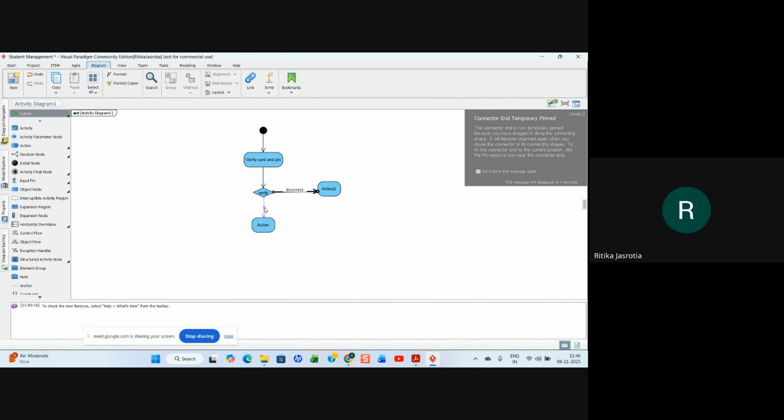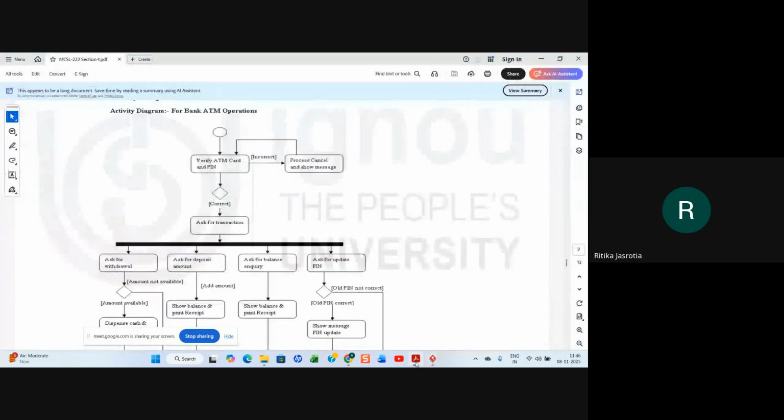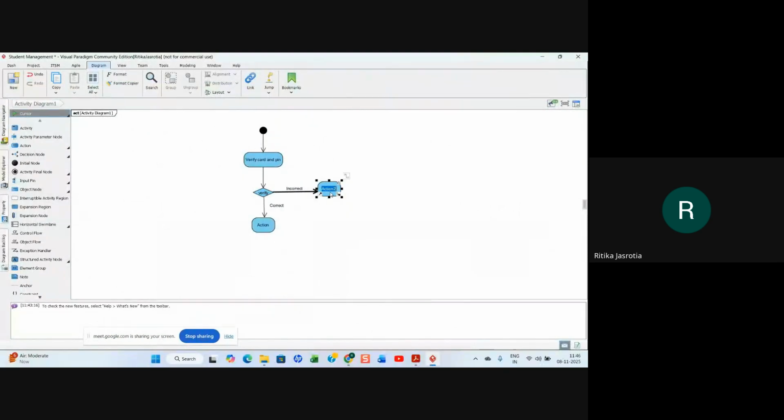And here it is correct. So if it is incorrect, then what you have to do is, process cancel and show message. So this will be your action.